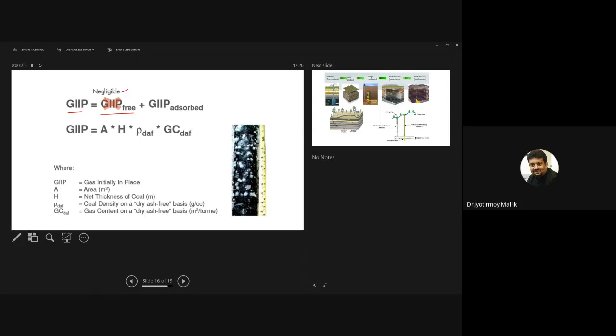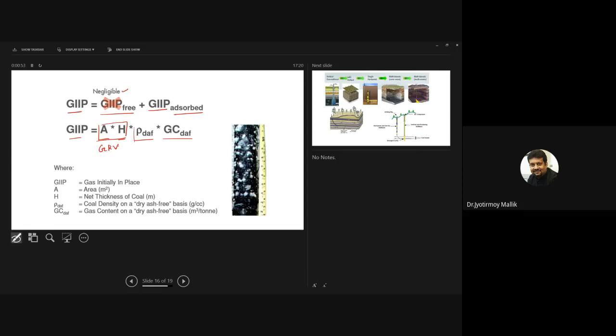It's negligible, it's not very high. And then the GIP adsorbed, the one that is adsorbed in the coal matrix. The GIP adsorbed is calculated using A multiplied by H multiplied by rho DAF and multiplied by GC DAF. A means the total area, H is the net thickness of the coal seam, so that would give me my gross rock volume,